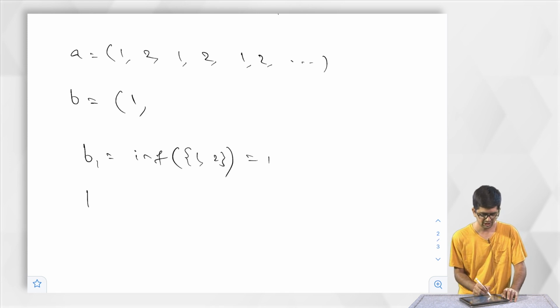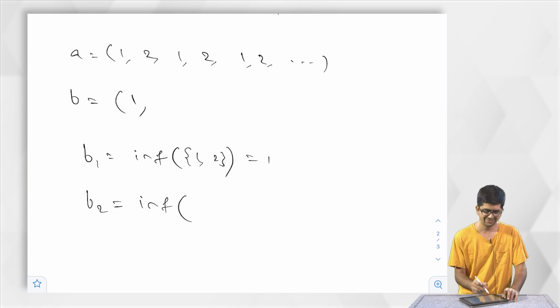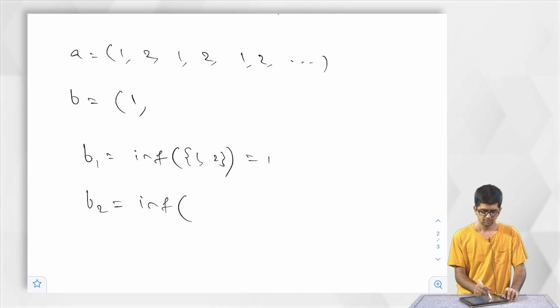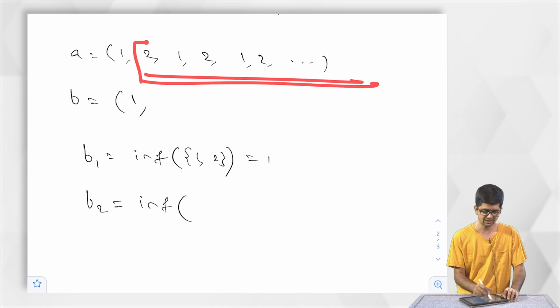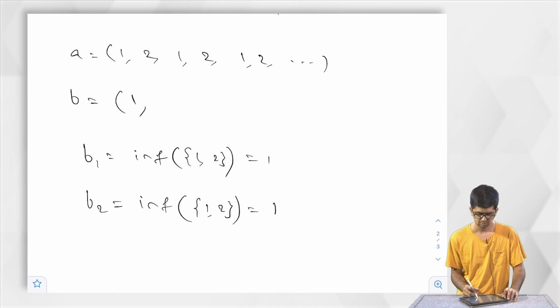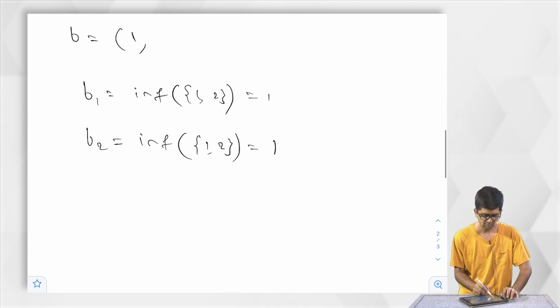What is B2? B2 is the infimum of the sequence that starts at 2, ignoring the first element. The image of this sequence is again 1 comma 2, so the infimum is 1. What is B3?